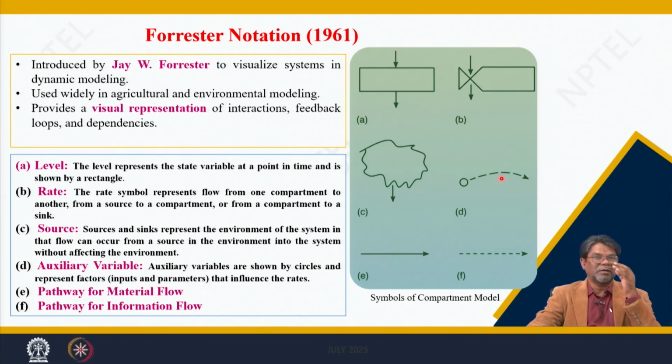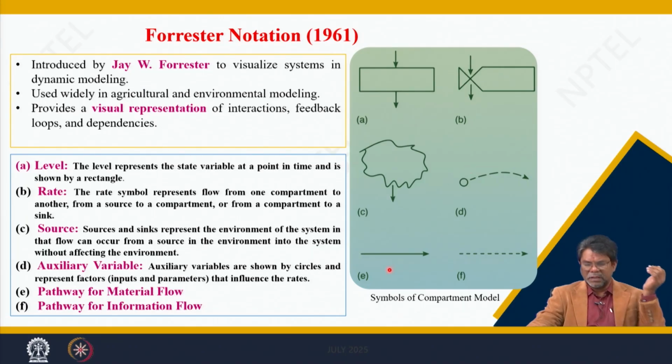Like you can say canopy cover, canopy cover influences the state of the biomass simulation, or the biomass partitioning depends upon the canopy cover. Leaf area index we can sometimes take as an auxiliary variable. These are represented by these symbols. These may be inputs, or parameters that influence the rate, and they influence the state variable of course, definitely. These are represented by this symbol, the auxiliary variables.